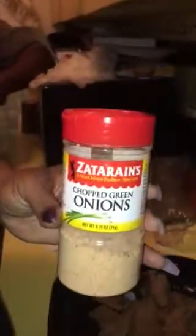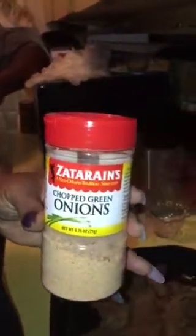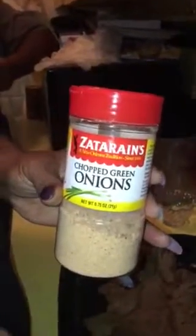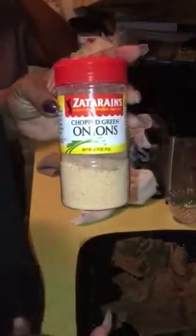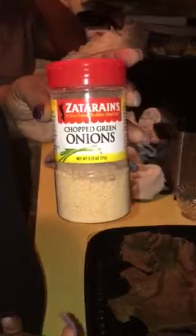Actually, I changed it. I'm going to tell you what I use. Use your favorite taco seasoning. I usually use Chi-Chi's, but I use Ortega. I really didn't want to, but I didn't have Chi-Chi's. I always have Ortega because I buy it in this big thing right here, just in case I'm out of the Chi-Chi's. Okay, I use that for a base, and I added onion powder, garlic powder, paprika, adobo seasoning, and